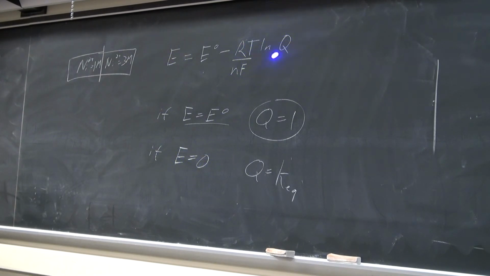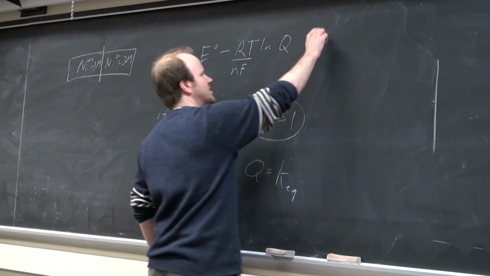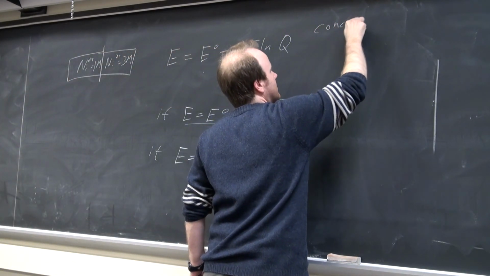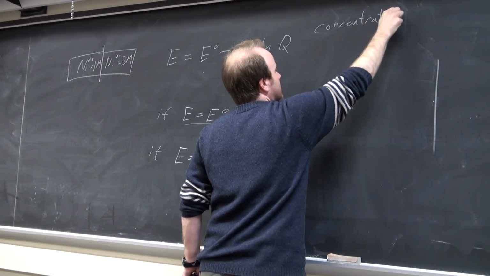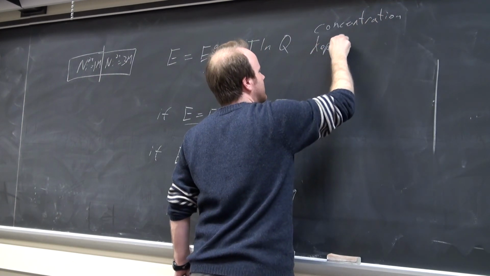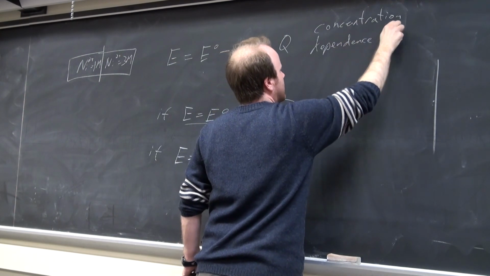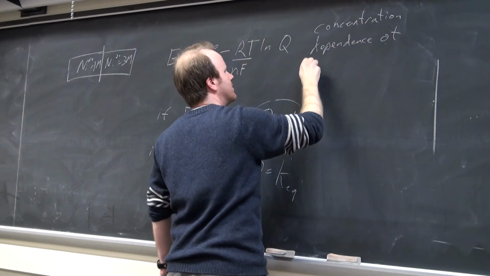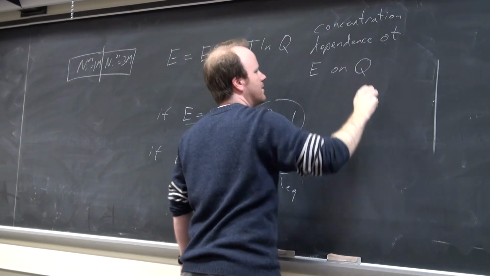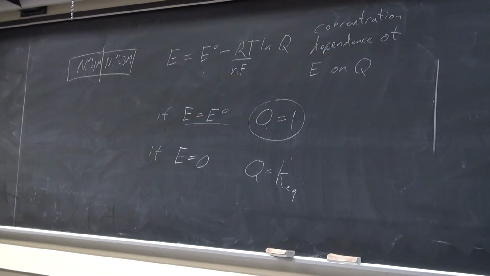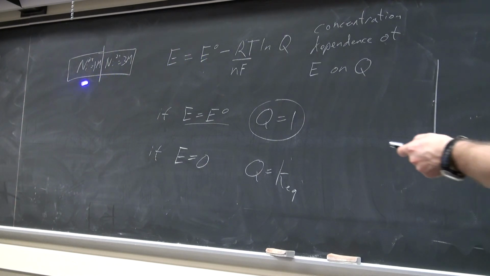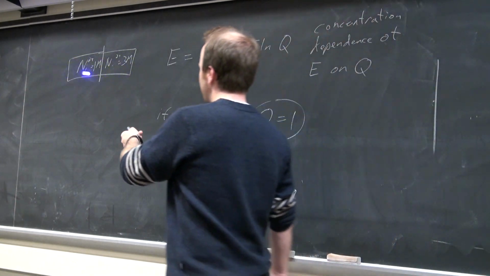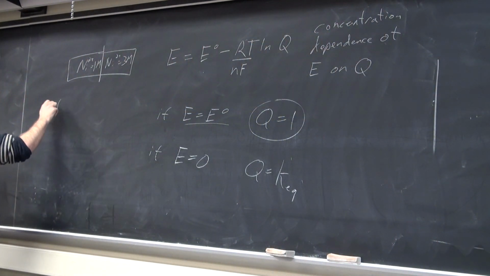So this log Q describes the concentration dependence of E on Q. So the most important thing you need to know about the concentration cells is, what's the E0 for a concentration cell? 0. 0, right? And so if we have equal concentrations here, if equal